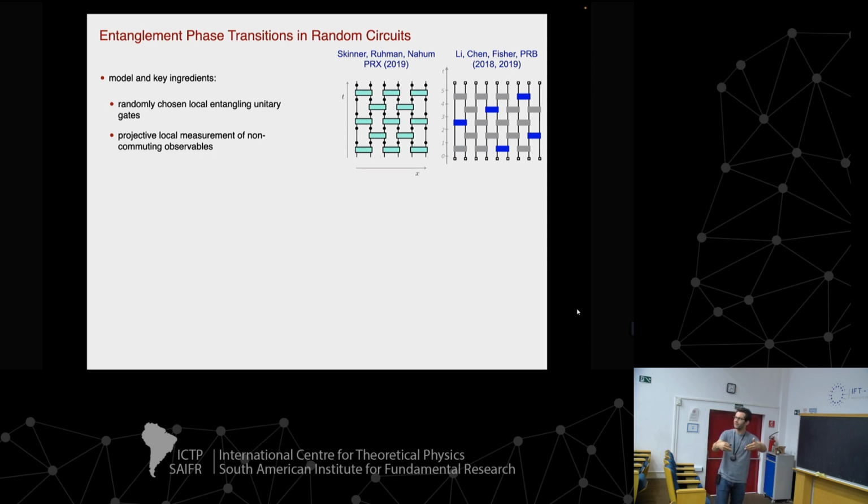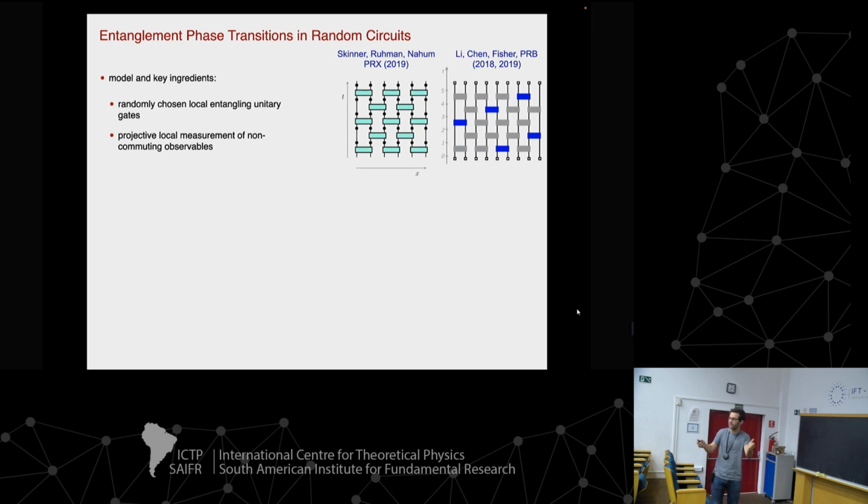And the state update that is considered here is local, or bilocal if you like, gates that entangle two neighboring sites. And actually, in the first works, it was just randomly chosen unitary gates, drawn from some Haar ensemble. And this is then interspersed with entirely local processes, which really act on a single spin only. For example, the measurement of the sigma z spin projection onto up or down states. So that is the competition.